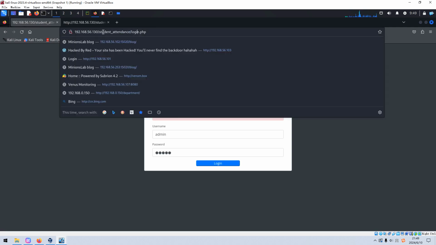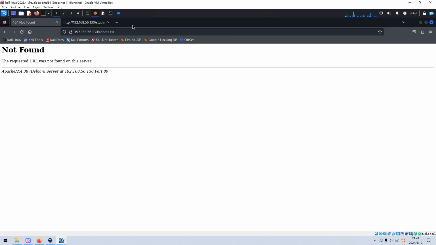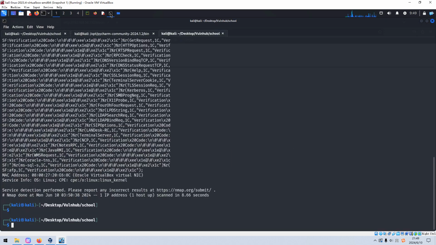Next, we need to check whether this site has a robots file. Not found. Next, we can use Nikto to do the automatic enumeration.